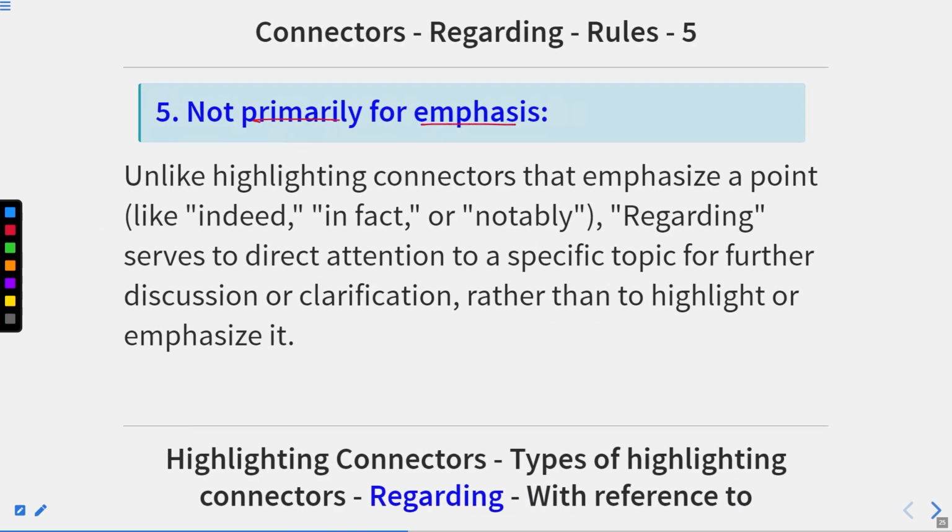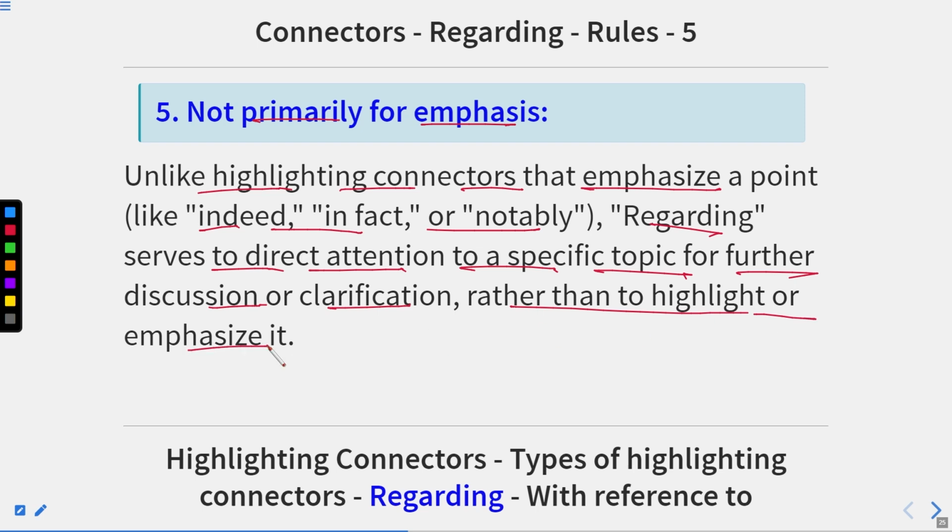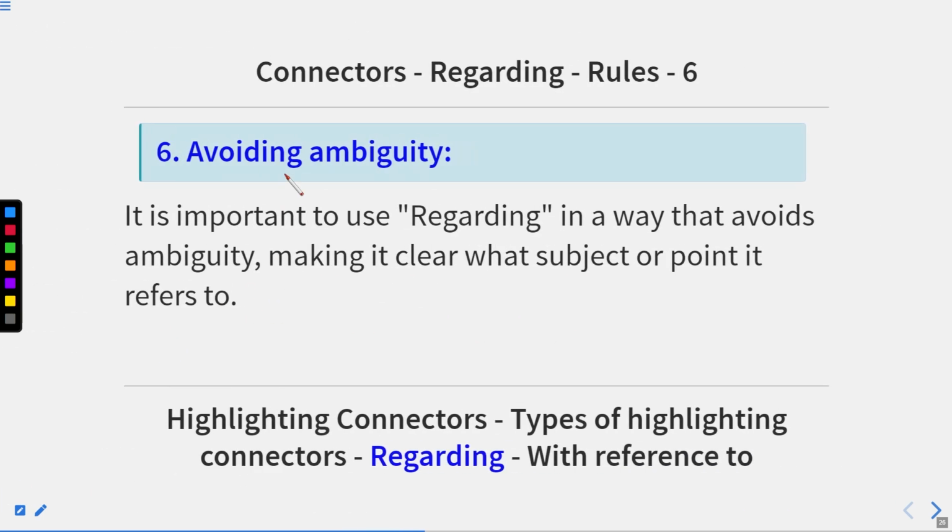Now, not primarily for emphasis. Unlike highlighting connectors that emphasize a point like indeed, in fact, or notably, regarding serves to direct attention to a specific topic for further discussion or clarification rather than to highlight or emphasize it. Avoiding ambiguity. It is important to use regarding in a way that avoids ambiguity, making it clear what subject or